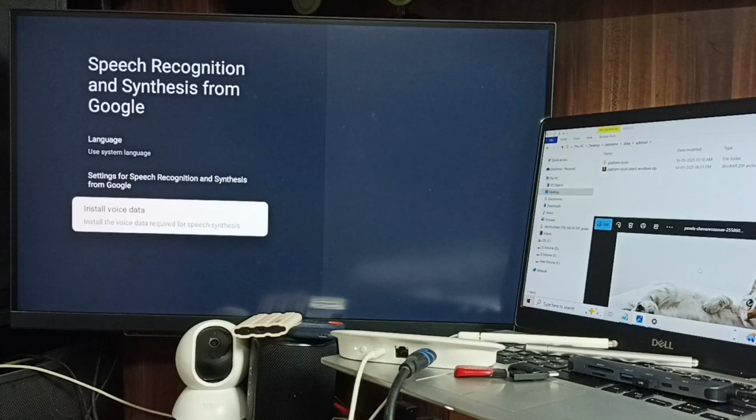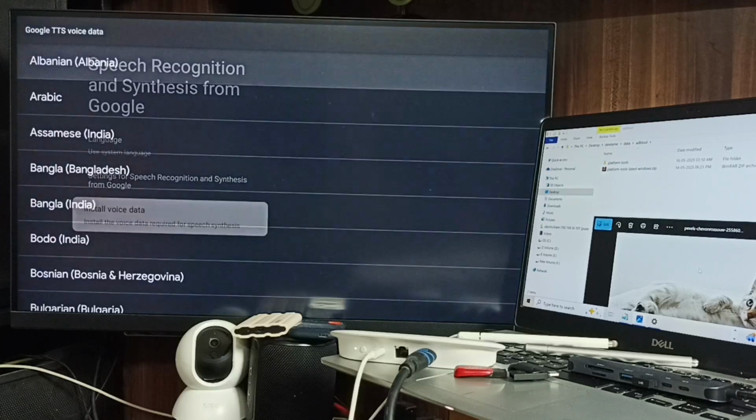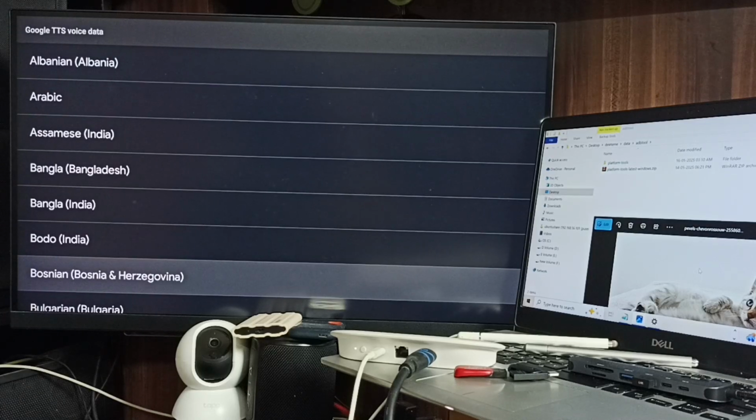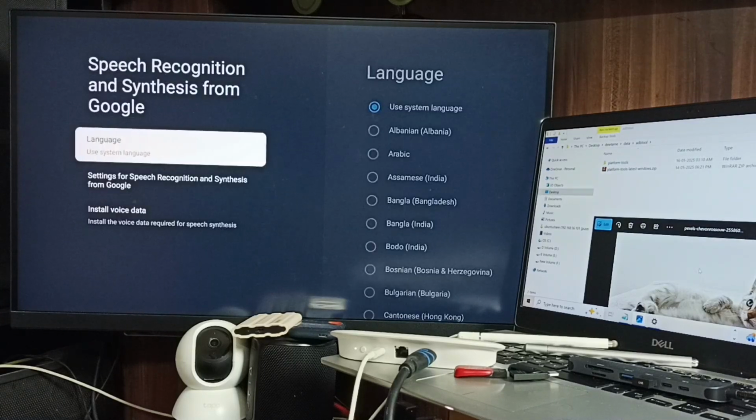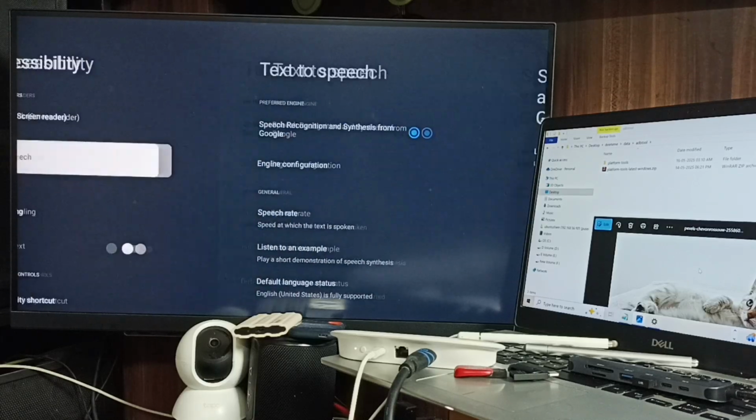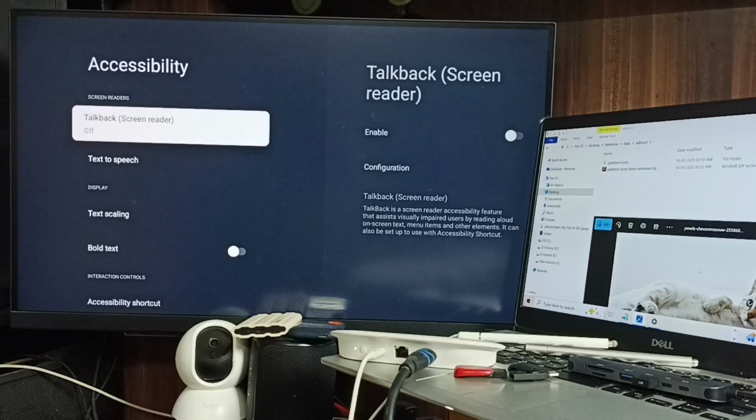Then we can install voice data for selected language. Select install voice data. From here you can download and install voice data for selected language. Done. So after that, if you want to enable and test, you can go back, then select talkback or screen